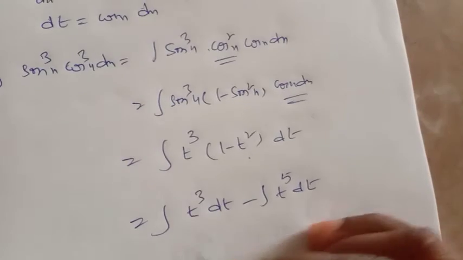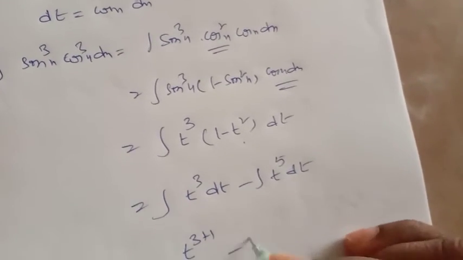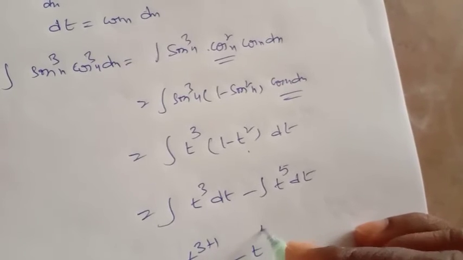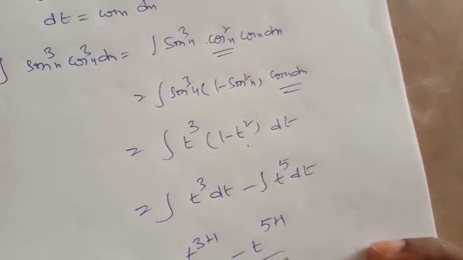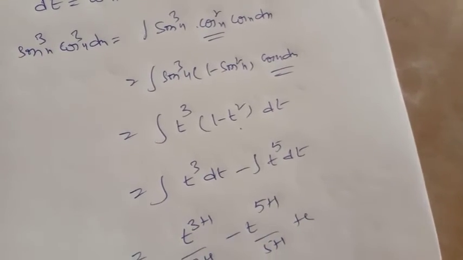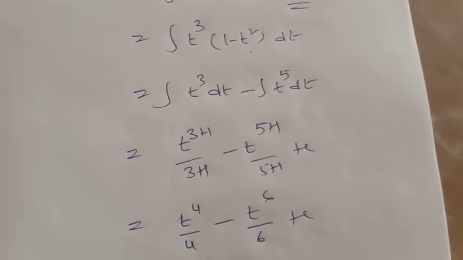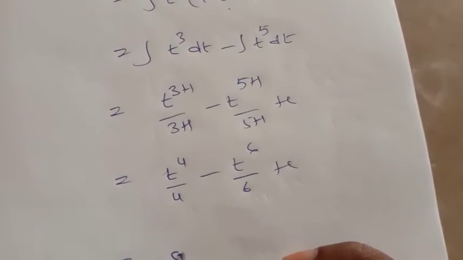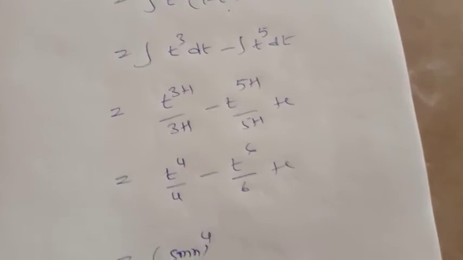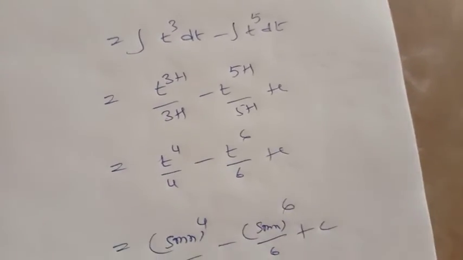We are applying the formula, that is t to the power of 3 plus 1 by 3 plus 1 minus t to the power of 5 plus 1 by 5 plus 1 plus c, that equal t to the power of 4 by 4 minus t to the power of 6 by 6 plus c. Here substitute the t value, that is sin x power 4 by 4 minus sin x power 6 by 6 plus c is the answer. And next one,